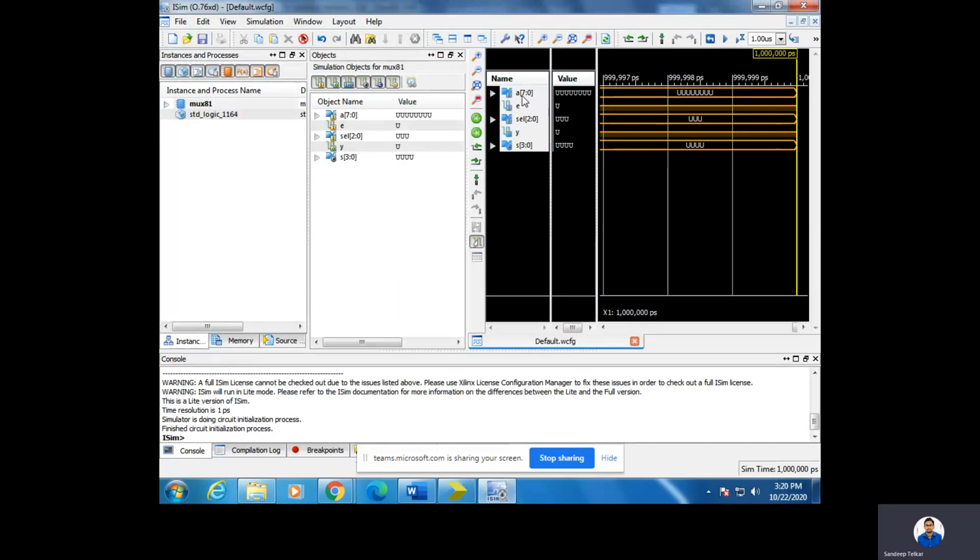So here I need to give the inputs: A as an input, E as one more input, and select as one more input. Remember, as per my program, I have given the A variable, which consists of 8 bits, that is 7 down to 0, meaning 0 to 7, so totally I need to give an 8 bit value. E is of standard logic, so it is going to accept only a 1 bit value.